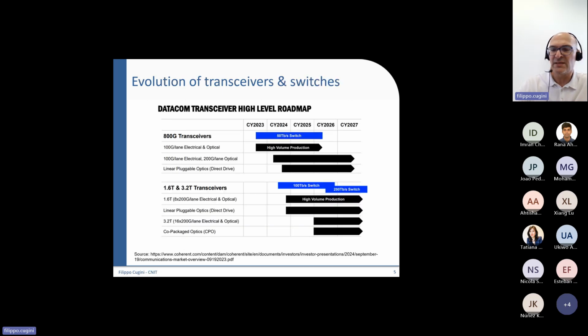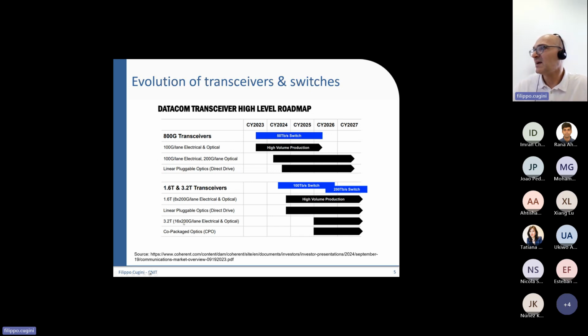These evolutions come together with the evolution of switches and routers, because in order to support high-speed transceivers at 800G, 1.6T and 3.2T, the ASIC, the packet switching and forwarding, needs to keep up this pace.